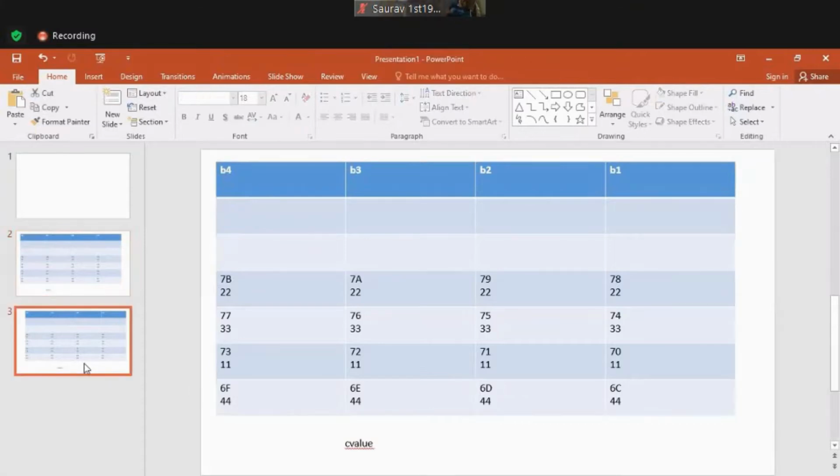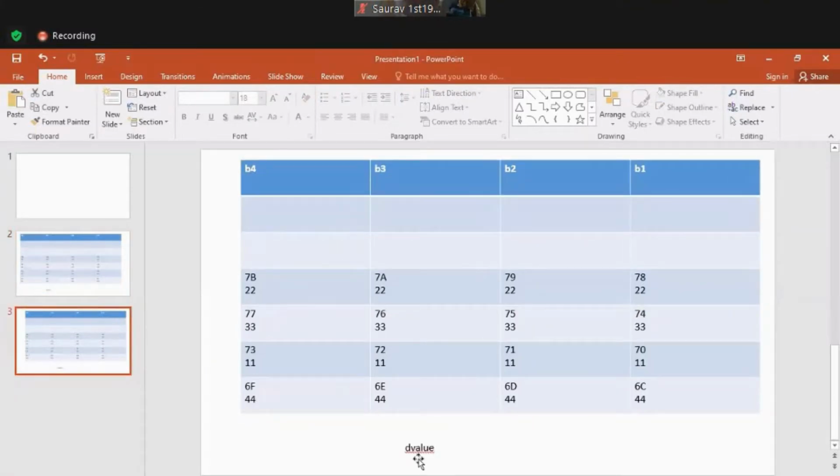The next part of the memory, whose label is D value, cannot point to the same address, because I'm copying from one part to the other. The address cannot even be very close to it, because there can be chances of overlapping of the numbers.